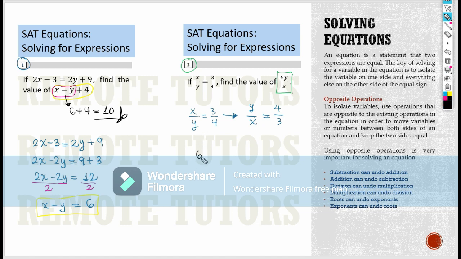Now, 6y divided by x is the same as 6 multiplied by y over x. So you will just replace y over x here. So you will replace y over x by 4 divided by 3, and that gives 6 times 4 divided by 3, which is